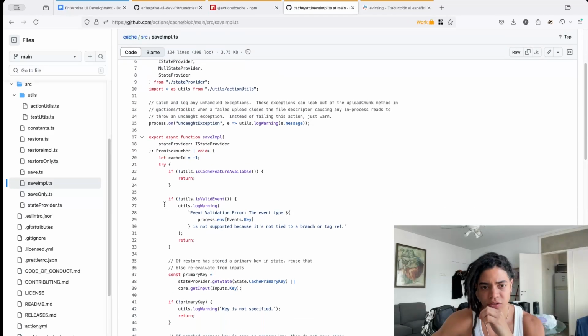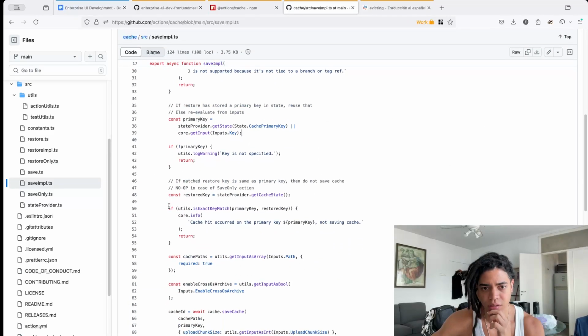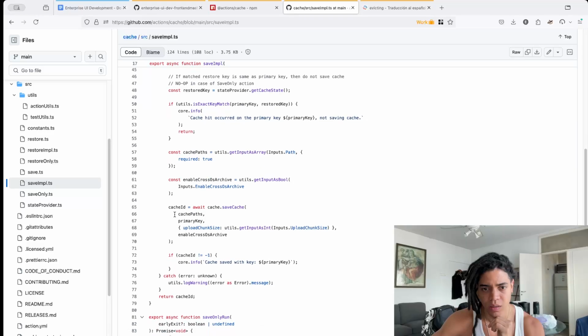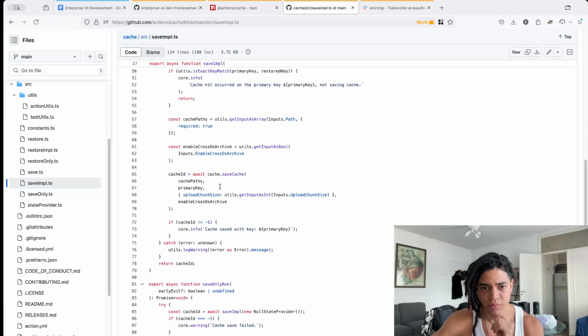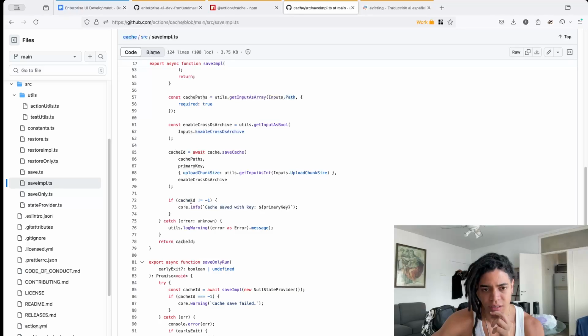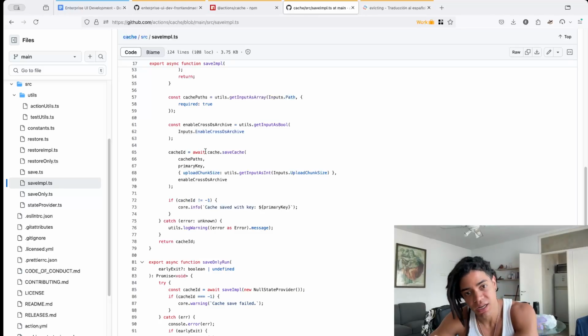Come from the action catch. Which is save catch, and if the catch is different from -1, which is it create, now you have now